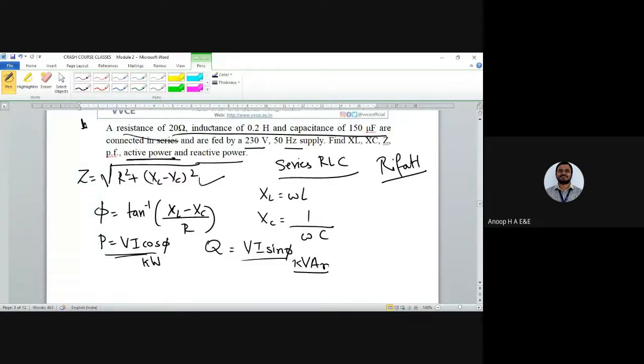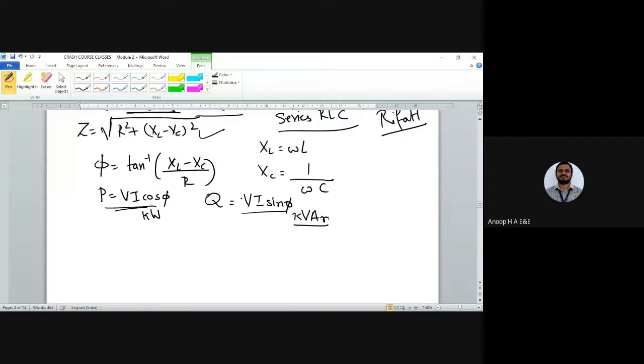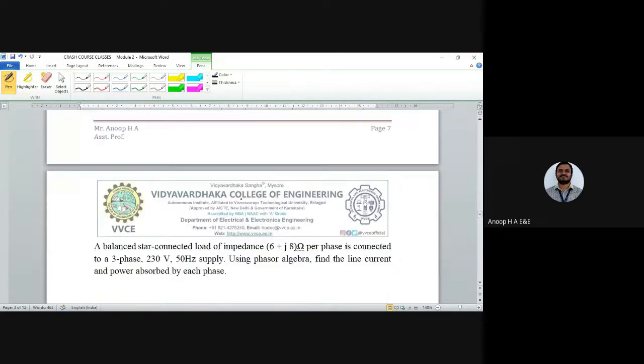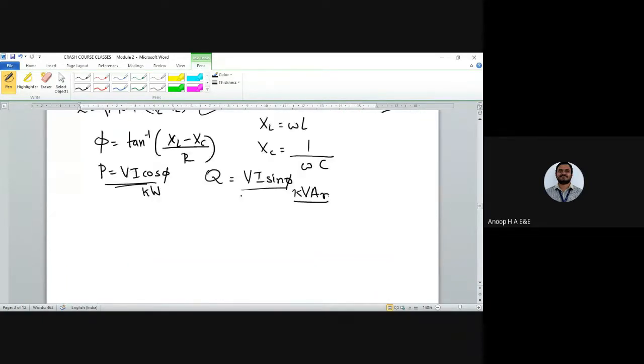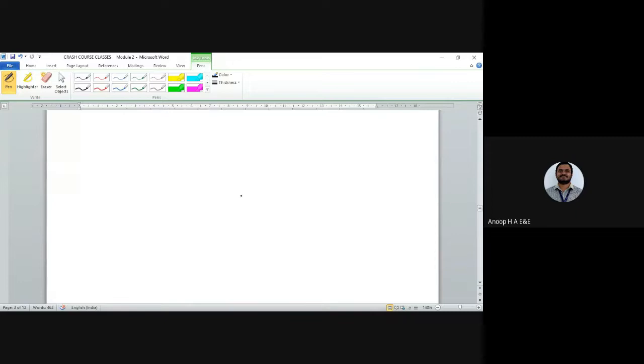These are the typical numerical problems you can expect from the point of view of the examination. This might be the identification of how we are going to solve it. So identify the power factor, which is said to be leading, and then you can identify what type of elements are there. You can list down certain topics and try to solve them on your own.